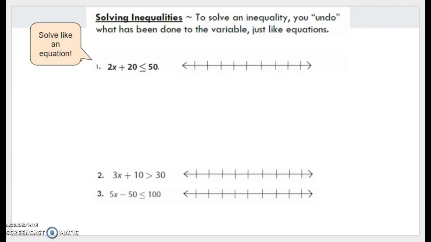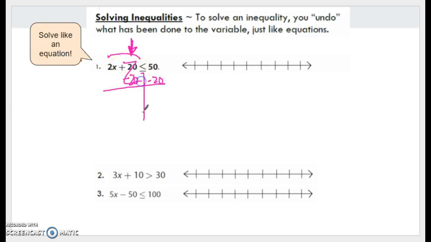When we solve inequalities, we solve them just like equations. So we're still going to look at our equation or inequality and divide our sides. Start on the side that has your variable, and we have to zero out our units first. So the first thing we're going to do is add a -20 to both sides